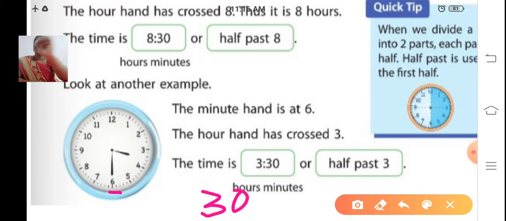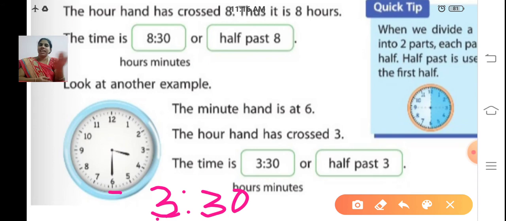That we know. Now just see where the hour hand is. There the hour hand is, the smaller hand. Yes, 3. It crossed 3, right? So if it crossed 3, we have to take that alone. It has crossed 3, so the hour hand is at 3. What is the time? 3:30. Just see the shorter hand, it is at 3, and the longer hand, it is at 6. So 6 5s are 30. So the time is